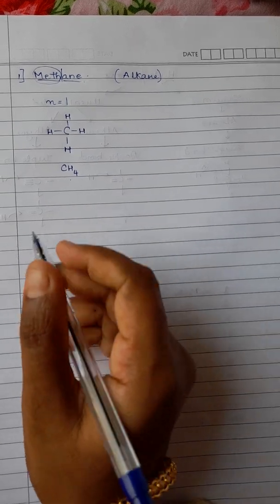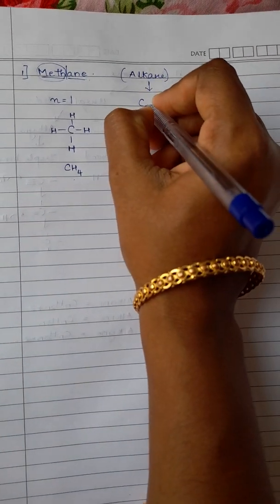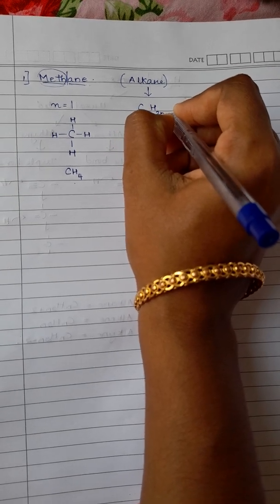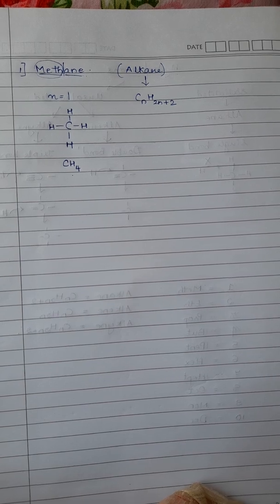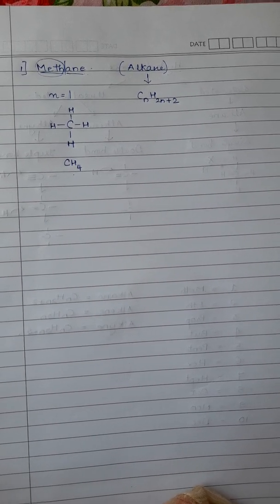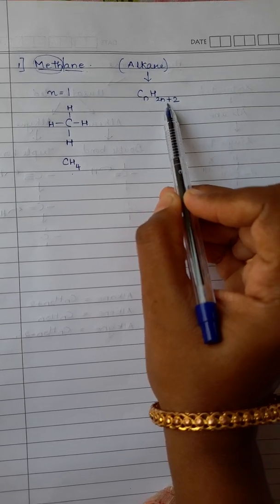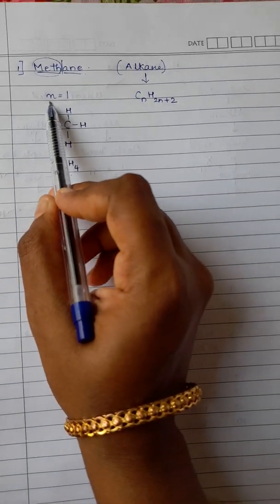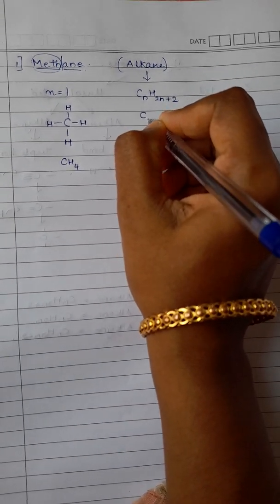Now how do you check this? Alkane, we know, has the formula of CnH2n plus 2. This I have already written for you in the picture which I gave you. Okay, now what do you do just to check it? Wherever N is written you have to substitute the value that is given to you. So we will substitute C1H2